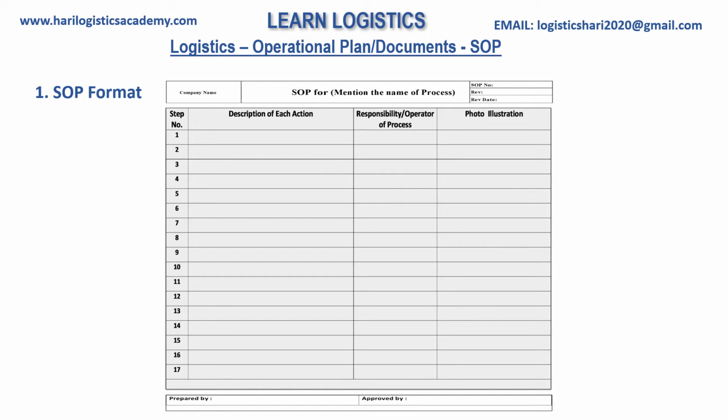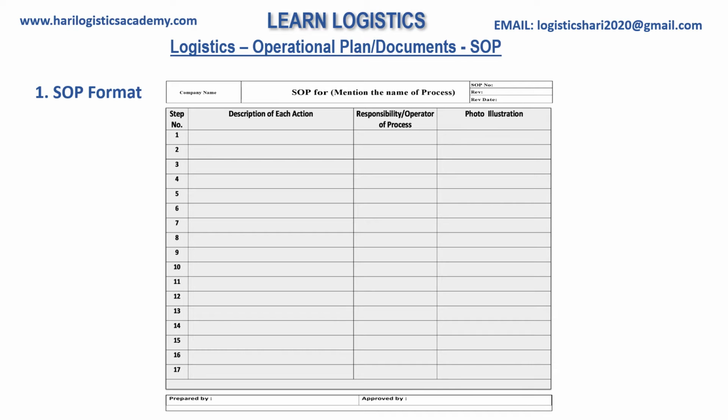Then we can go through individually each and every format. The format given below is for SOP. Just a sample sheet. You may call it SOS or SOW. The columns may be extended based on the requirements or reduced also. So here I am giving a company name and SOP. You have to mention the process. SOP for what purpose? The process activity. The purpose should be mentioned. And for each SOP, you have to give a serial number, date,